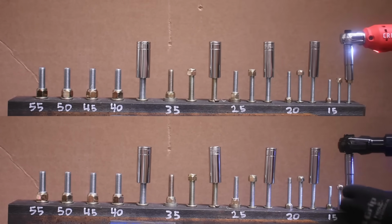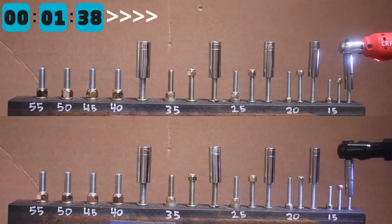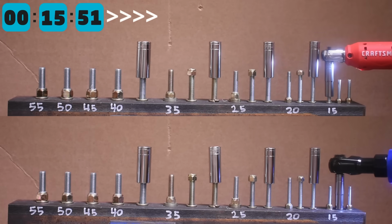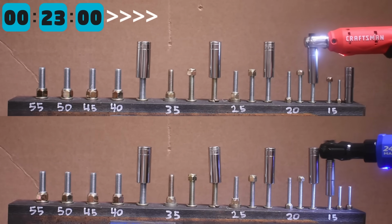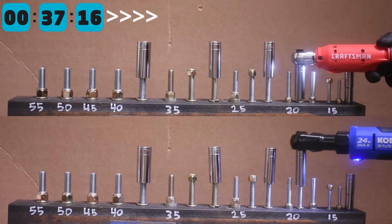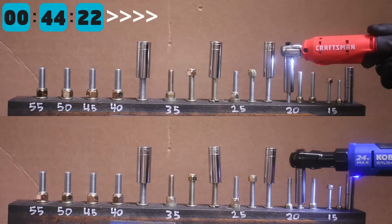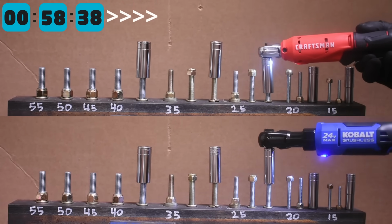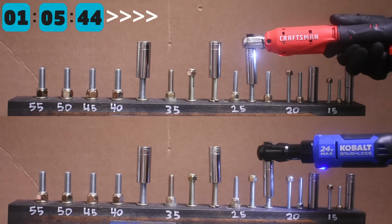Now here's the 300 RPM 35 foot-pound Craftsman on top, Kobalt still on bottom. The Craftsman with its higher RPM rating does deliver on that aspect and moves out ahead on smaller fasteners that take up the bulk of this Gauntlet's testing time, due to more threads per inch and therefore more turns needed to unthread the nut. Also, that's a bit more realistic to how you'd be using these on those size fasteners